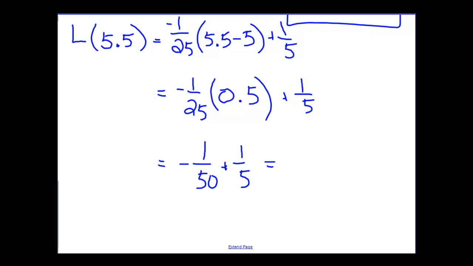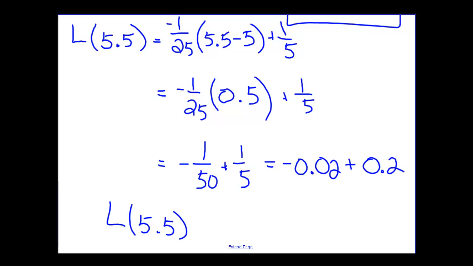And turning these into decimals, minus 1 over 50 is the same as minus 0.02, and 1/5 is 0.2. So you can see that the linearization at 5.5 is 0.18, which is fairly close to the original answer, the